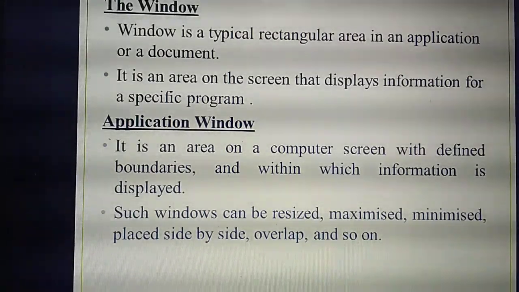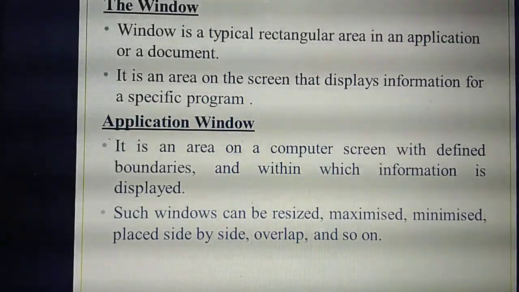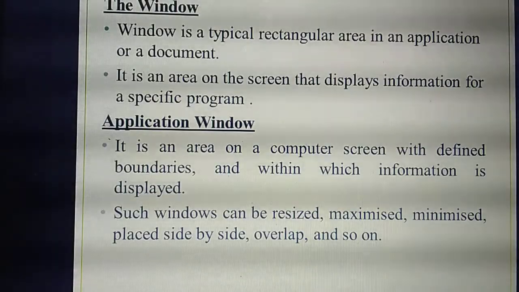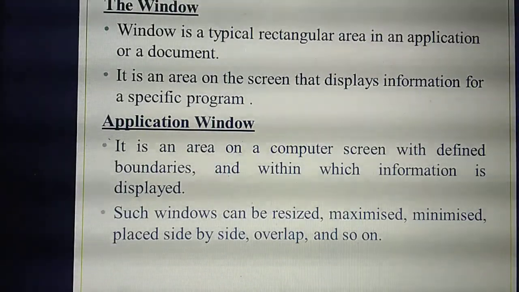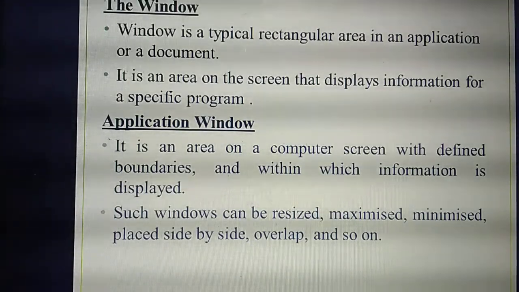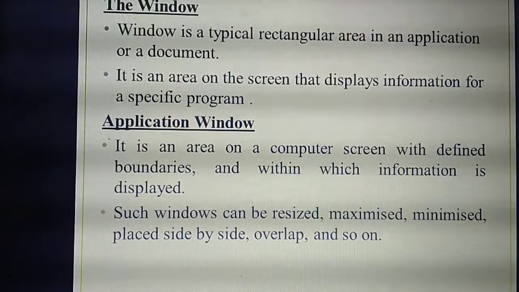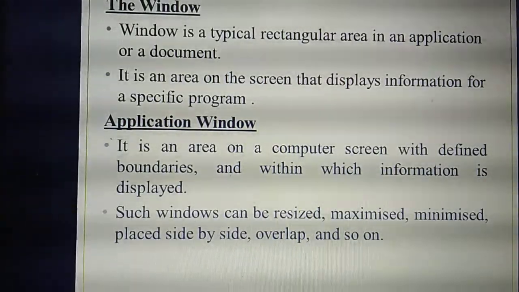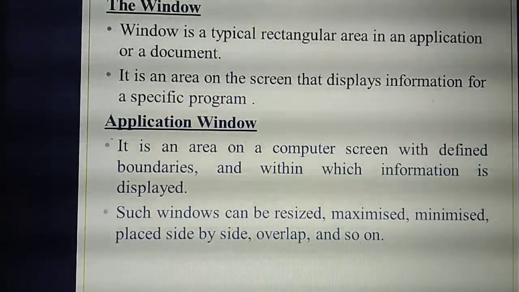In this there are two types of windows: application window and document window. Last class I explained only the application window. Application window means within the specified boundaries you can display the information. Here, which is the specified boundary? This rectangle portion.